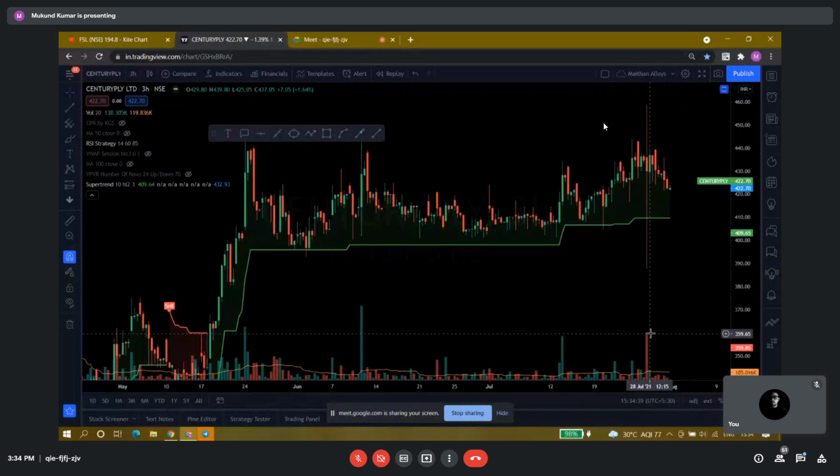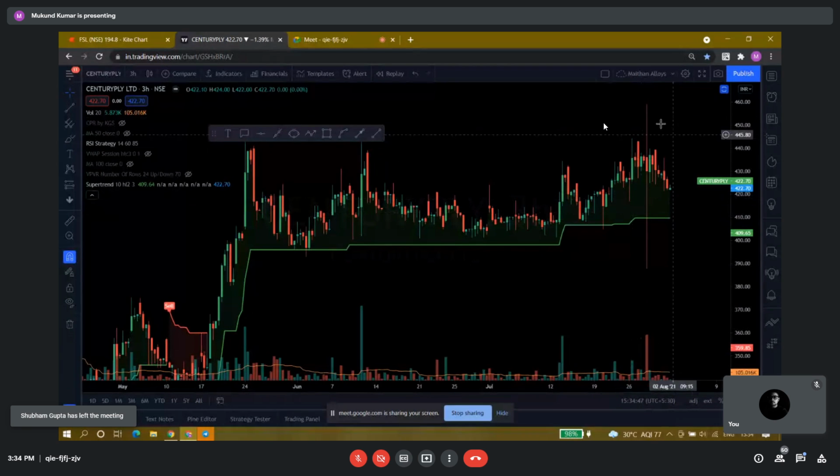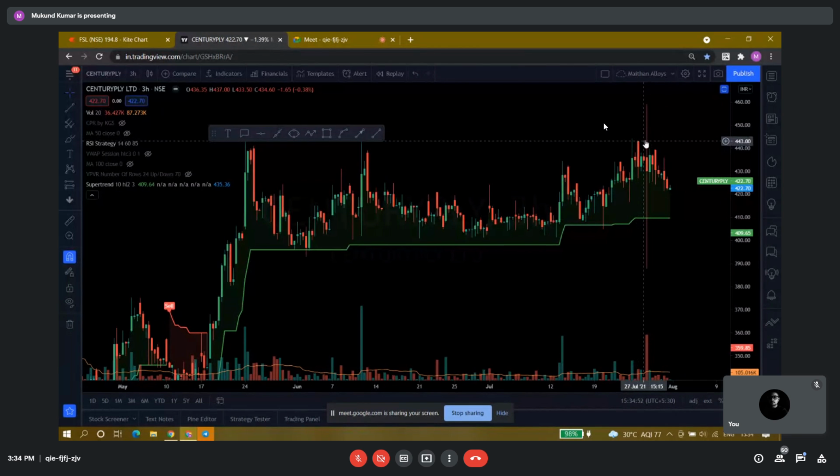Obviously, you need to see this. That is why I have told you to strictly follow the stop loss. Obviously, I don't find anything wrong with this stock. Fundamentally, this is a very good company. But seeing this very red candle with very good volume, obviously negative volume,